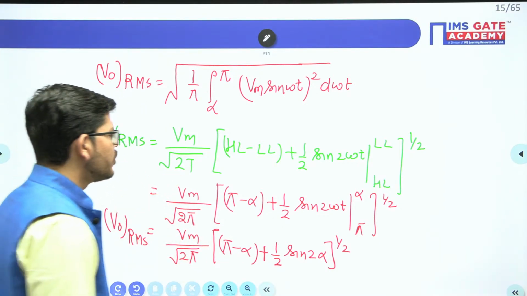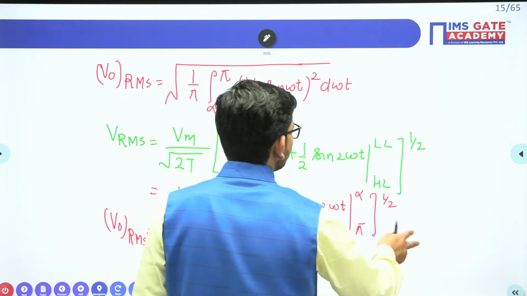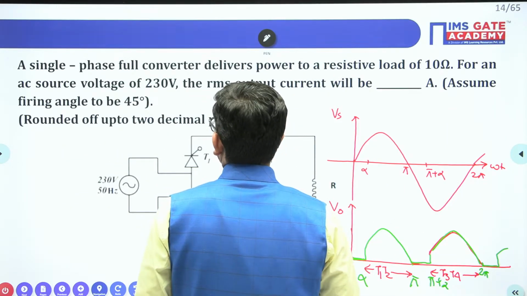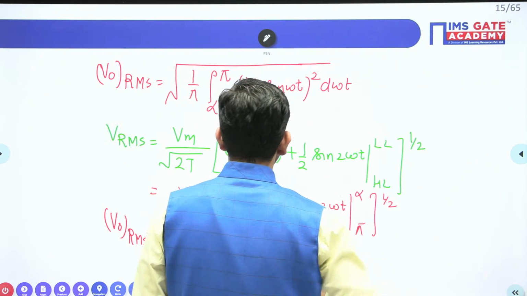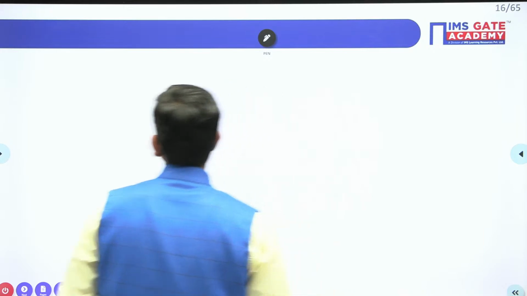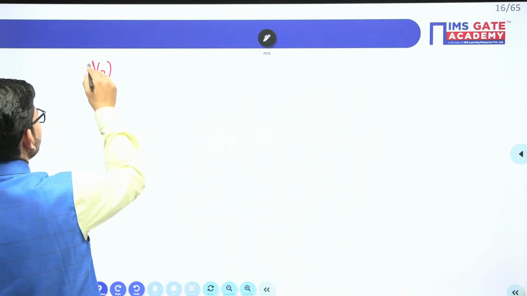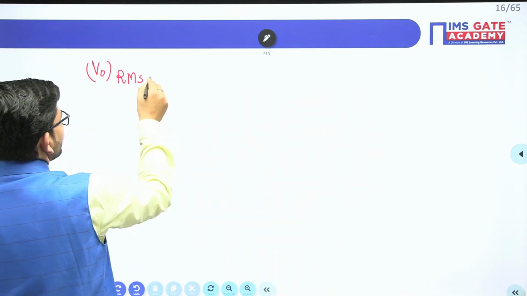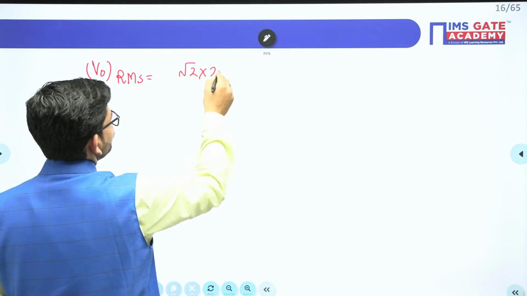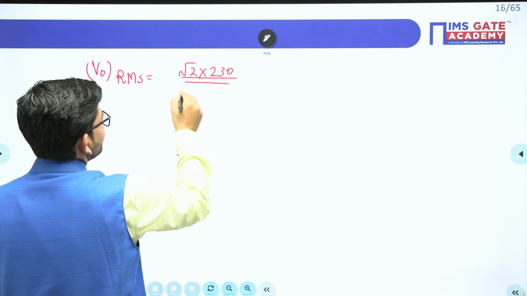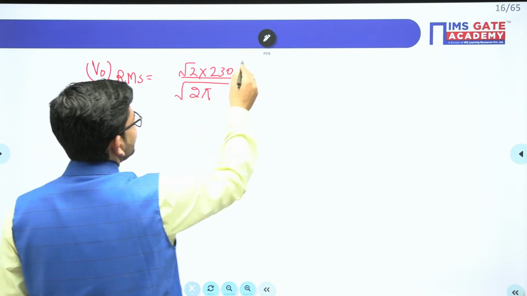Now what you have to do, you have to put the values here. So what is Vm here? So guys, source voltage is 230, and what is the firing angle? It is 45. So just put the values here. What will be V naught RMS? Source voltage is 230. So maximum value will be 230 into root 2 divided by under root 2 pi, and